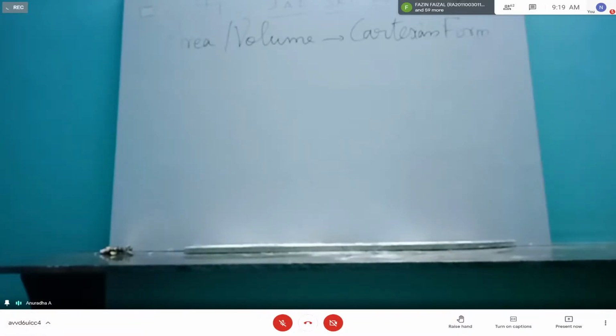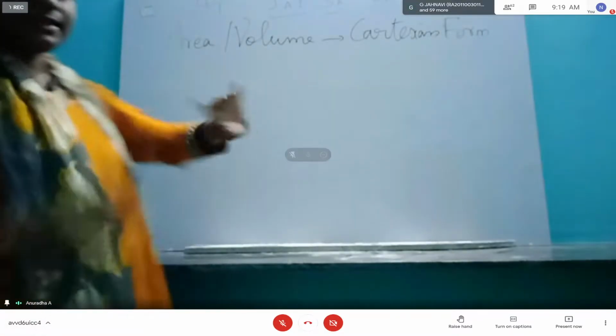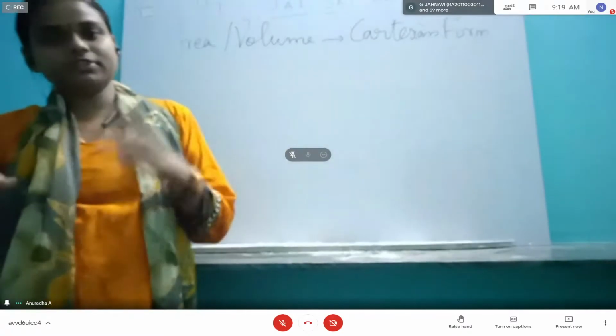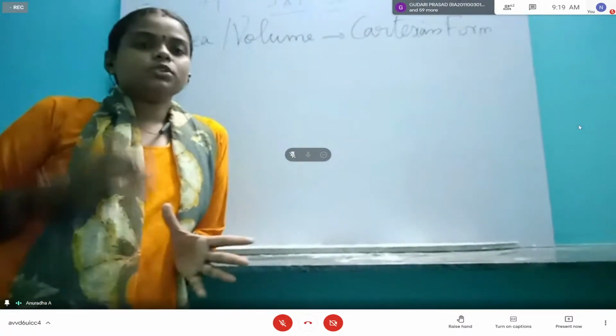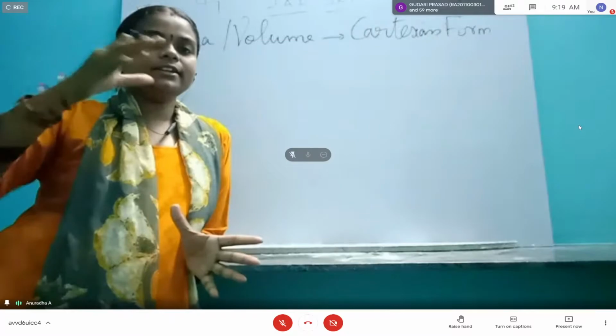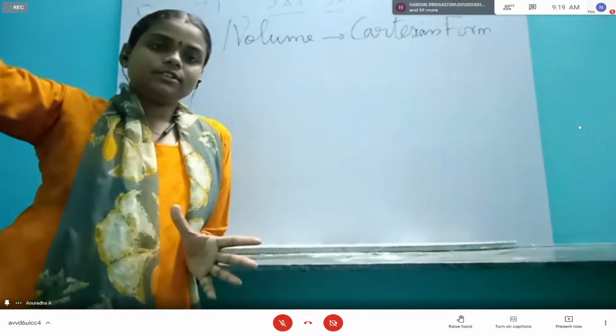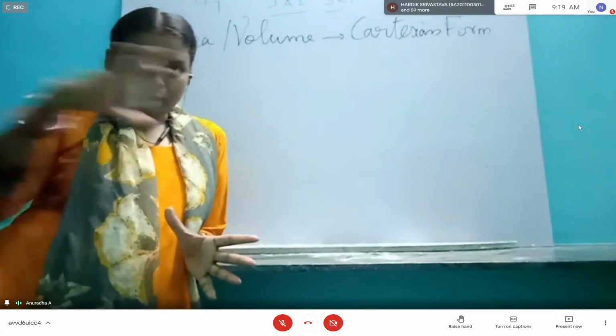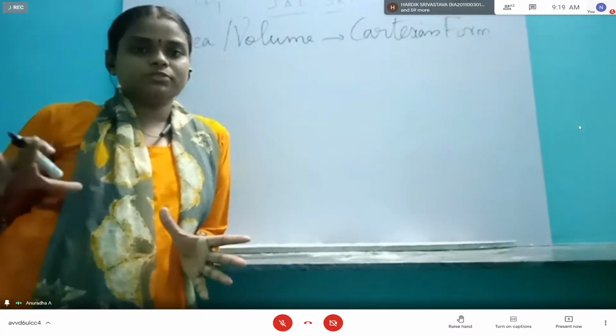So what they are going to do here is they will give you curves, that is, the boundary lines. In different curves they will give you. So there will be no effect of any integrand on the region here. Only the boundary of the curves will be given. We are going to find the area.